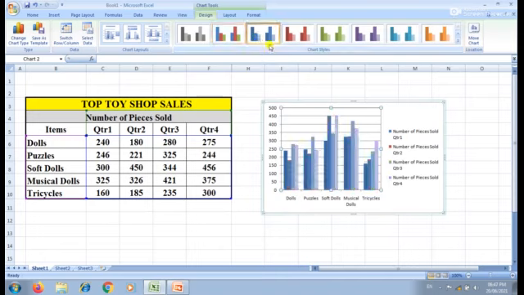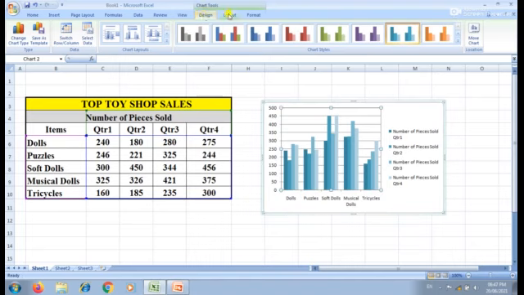See here, as soon as I click this, immediately the chart styles are changed. Now I'm going to click this one. See, the chart styles are changed. Okay, so when we can use this design tab, if you want to change the chart styles or chart layout of the already created chart, you can use the design tab.